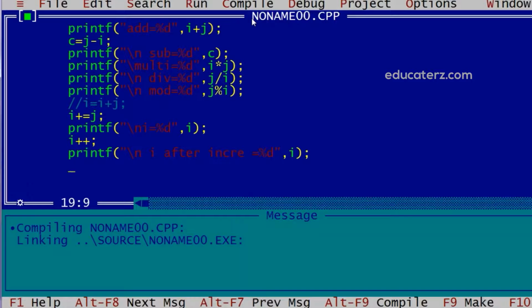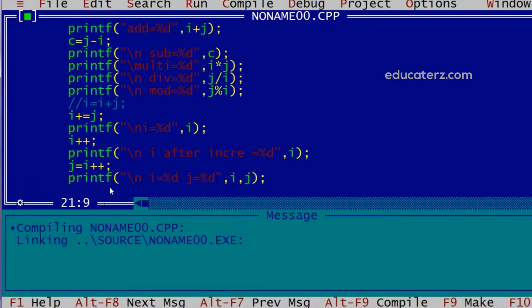For example, suppose I have j equal to i plus plus, and now I'll print i as well as j. See here we are assigning i to j first and then we are incrementing it, as it is a post increment.